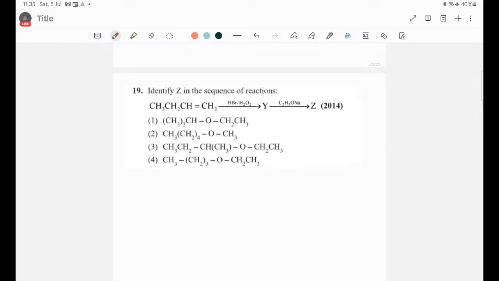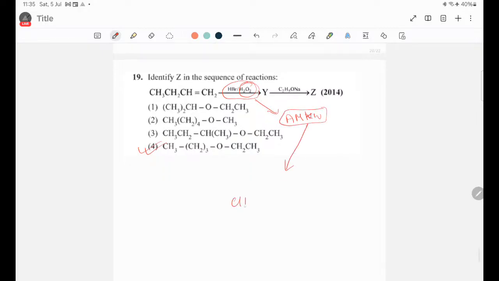Yeah, very good. I have already received the answer. You are correct, option 4 will be correct. Why? Because the reagent is HBr in the presence of H2O2. H2O2 means peroxide, and peroxide means anti-Markovnikov addition. So the product will be like